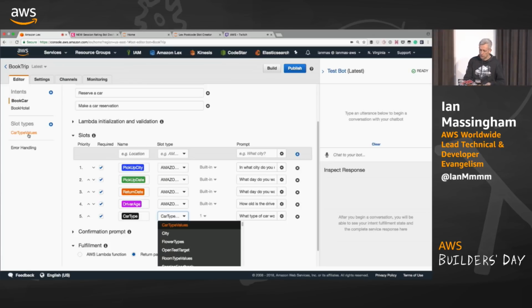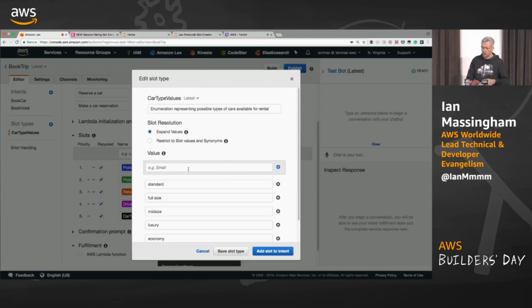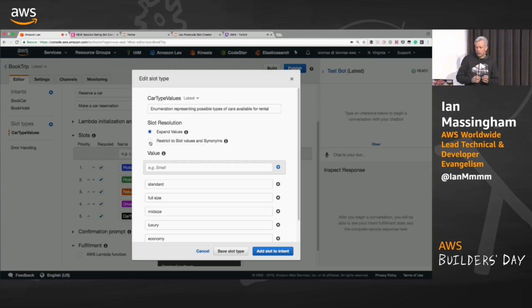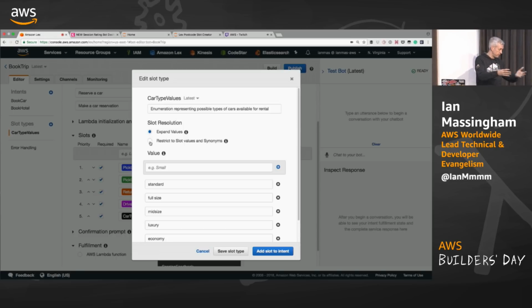And on the slot, we can restrict to a specific set of slot values and synonyms, or we can allow the language modeling engine to automatically extend the values for that slot to a larger pool using its trained knowledge of the English language.